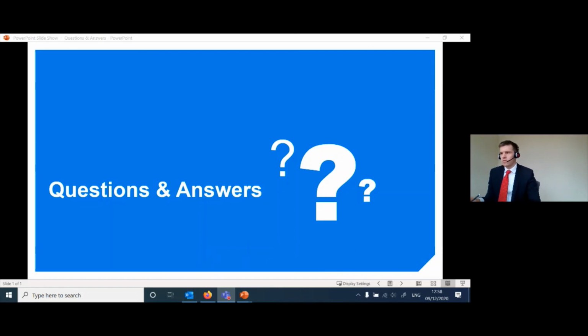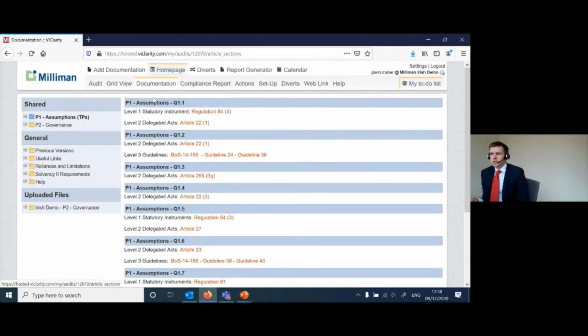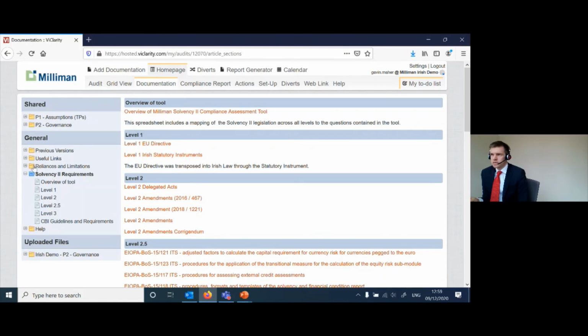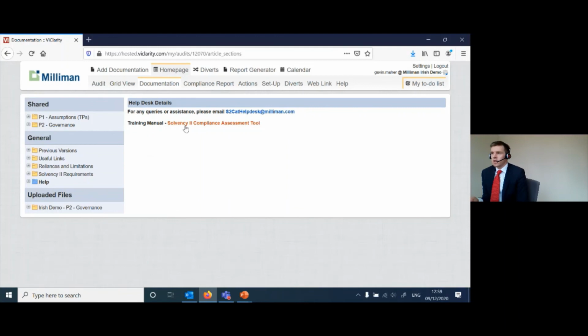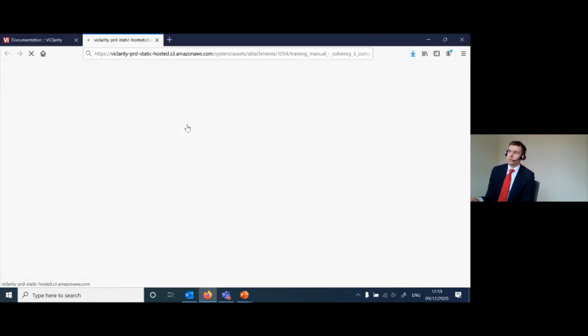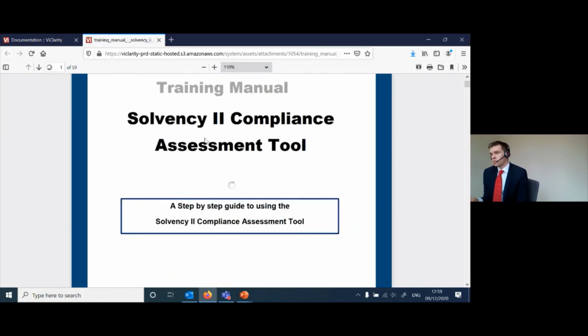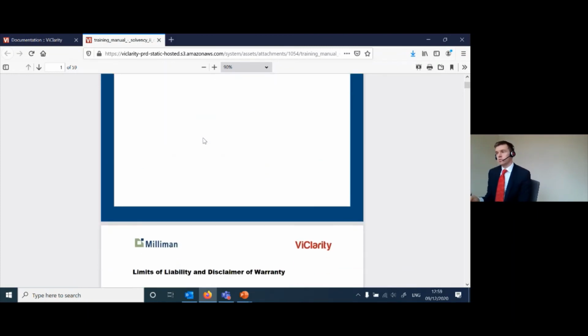There's another quick question here, Gavin, if you can jump into the tool, just asking to show, we did mention the user manual, to show where that's stored in the tool. So in our documentation section, up the top there's a documentation tab. And in this Solvency requirements piece, this is where we have a lot of the links to legislation. So if you're looking for a piece of legislation, that's a great place to go. And there's also an Excel version of the tool. And in that help tab, we have the actual document and the user manual itself. It's got loads of screenshots and detailed information on what users do in the tool and what managers do in the tool. So if you do need it, it's there. But also the help desk email is shown there.